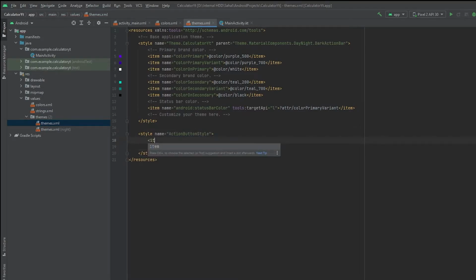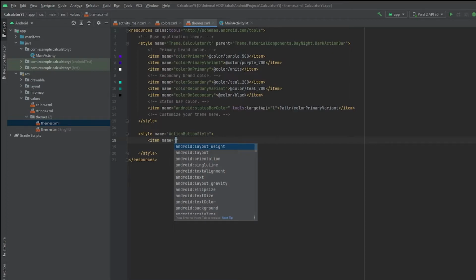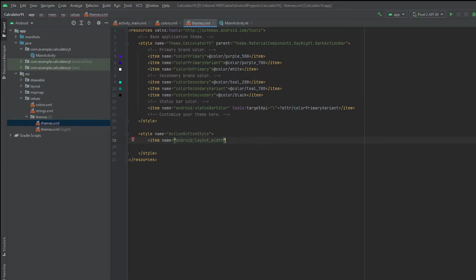And then here we will have to create item name, android layout width. We will just keep it as 0 dp and then we will have our height. We will keep our height as match parent and then we just need our weight also, keeping it 1. Background color orange.